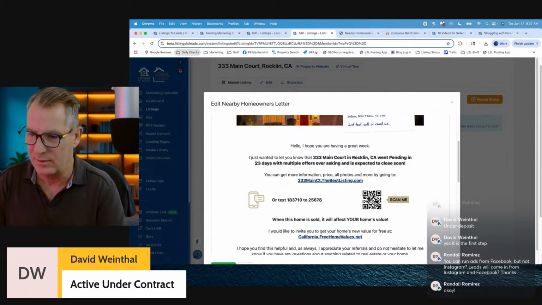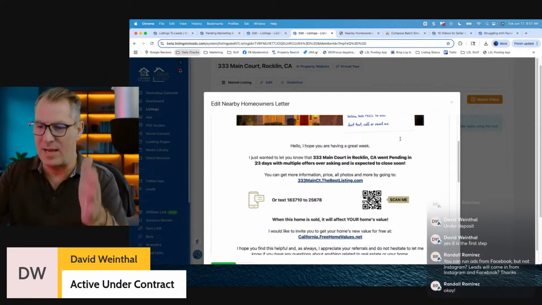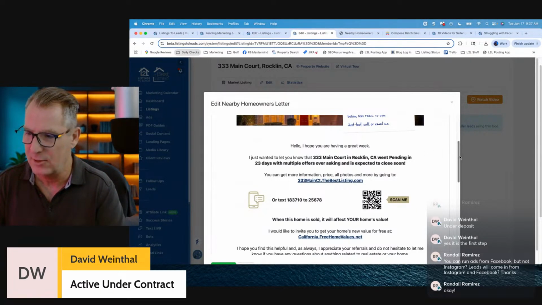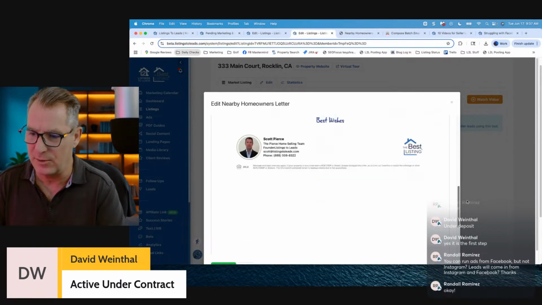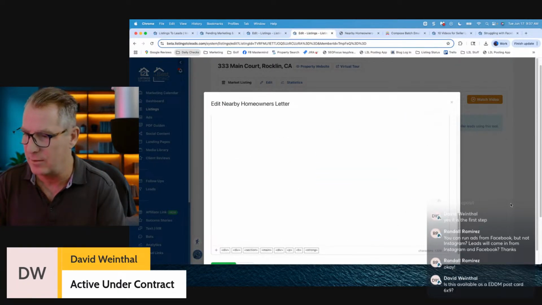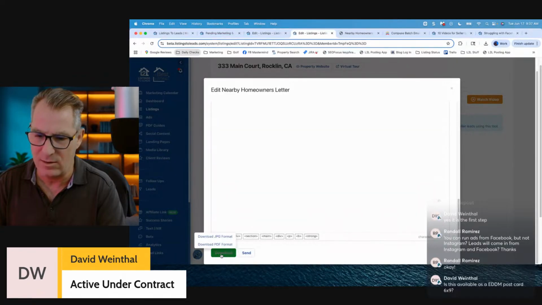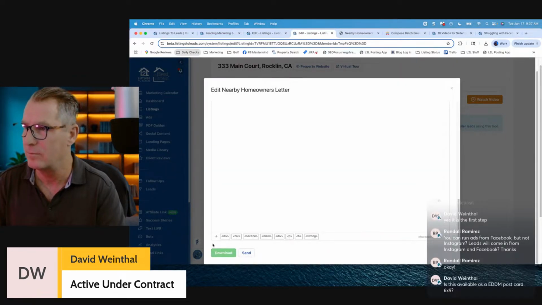And I might just make it a little bit, just so those two lines are a little bit more even. So you can edit that as appropriate for you and your transaction. And now when I click download PDF,